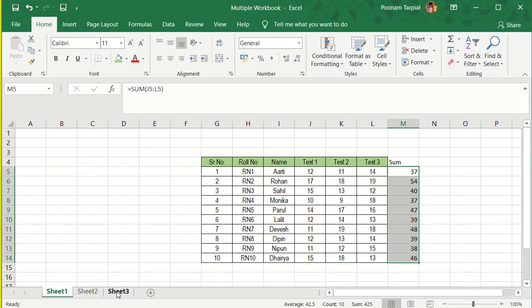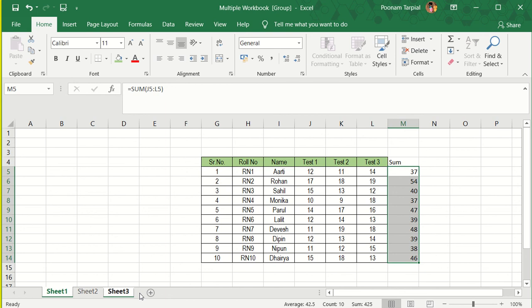I will go ahead and click on sheet 3. Now what has happened is sheet 1 and sheet 3 have been grouped together. So this is how you can group alternate worksheets or any worksheets of your own choice.